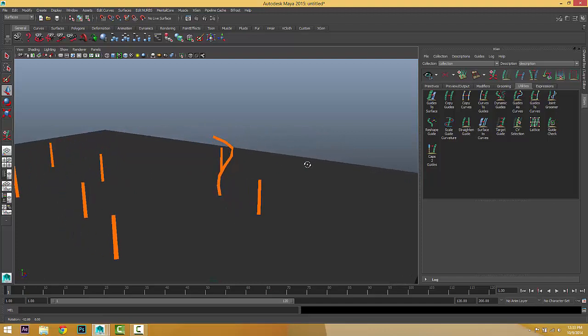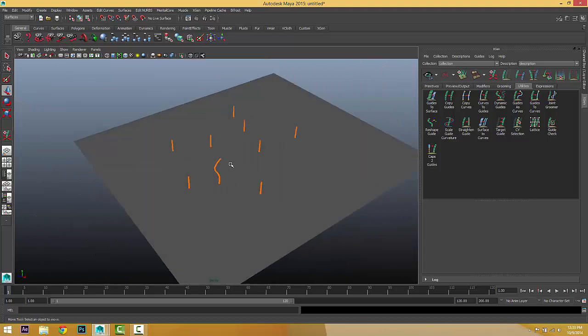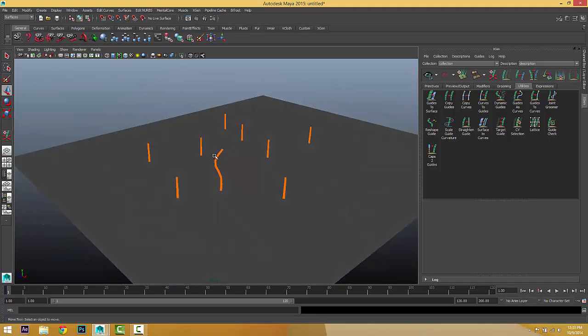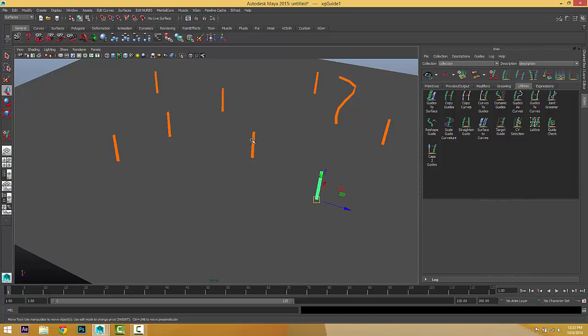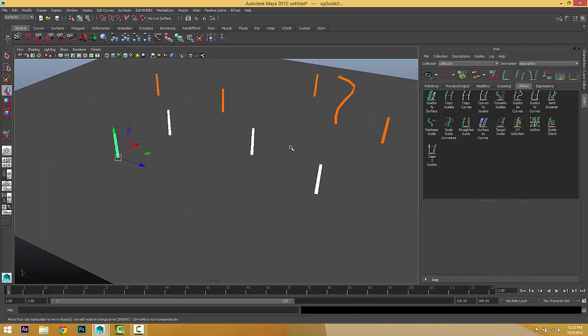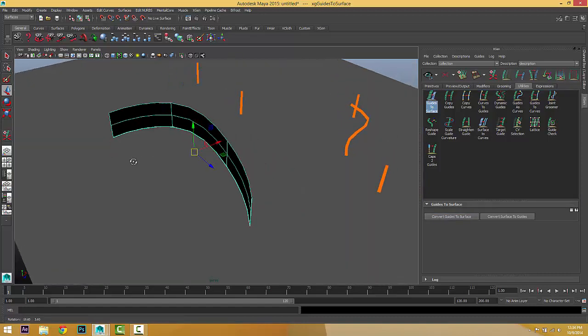All right, but what if you wanted to shape this more efficiently? To do so, let's select a few guides. For example, this one and this one and this one, these four. If you watched me when I selected, I first started with this one, then this guide and that one, and finally this guide. So if I go to Guide to Surface and choose Convert Guide to Surface, it will convert these guides to a surface.